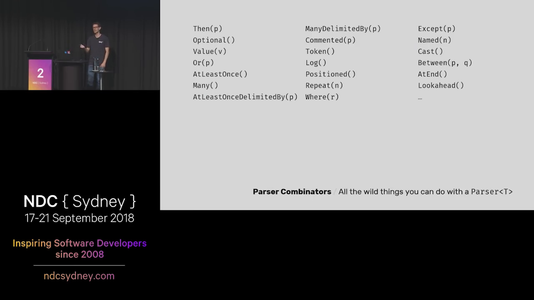Then, of course, then and return are not the only games in town. Once you've got this capability, there are all sorts of things that you can cook up to tackle different kinds of syntactic structures. Like if you are parsing a list, then you can write a combinator called many, and it will take an item parser. Or many delimited by will take those items and look for another parser in between them, like the comma that you'd find between items in a JavaScript list, for example.